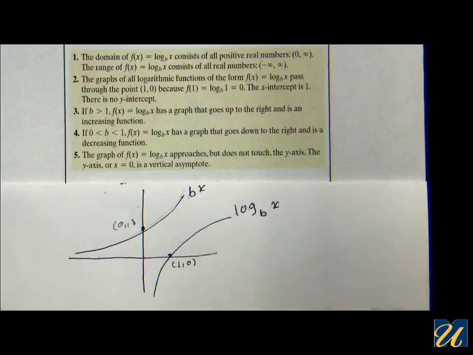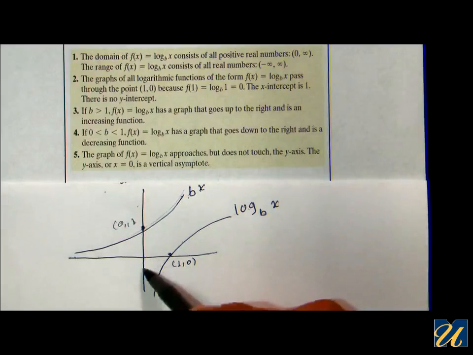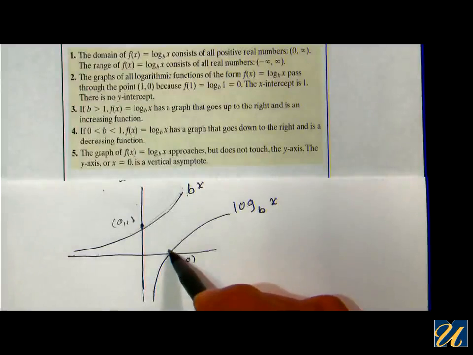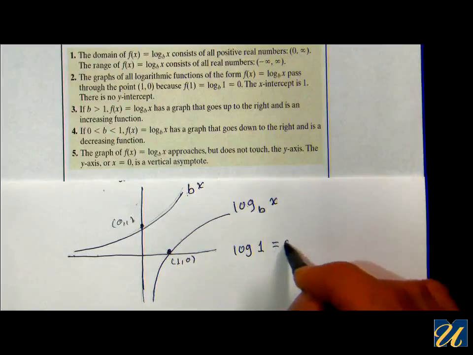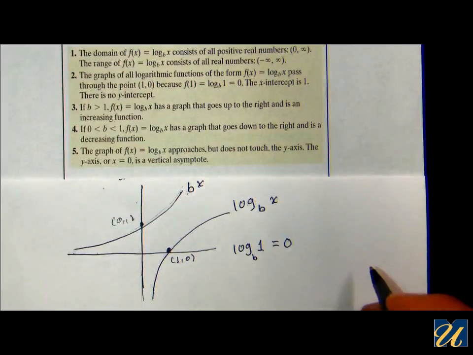Since we have an asymptote here on the x-axis and x becomes y, where the domain and range are interchanged, now we have an asymptote here. Now notice in the graph of the log, we know that log of 1 is 0, and that's for any base b. We know that. We also